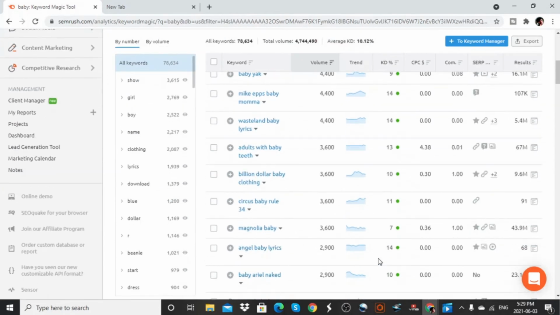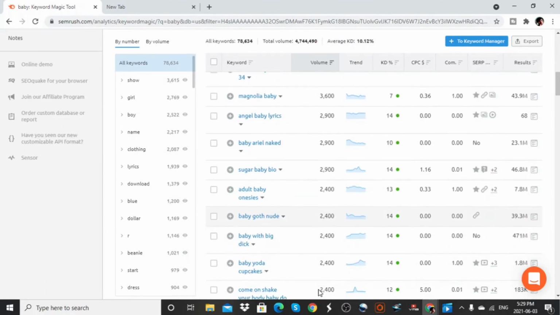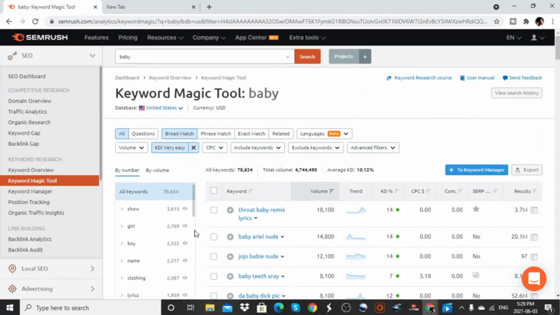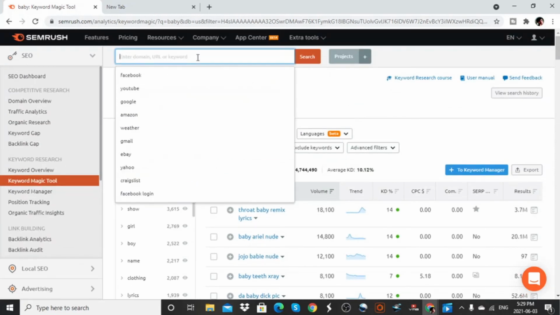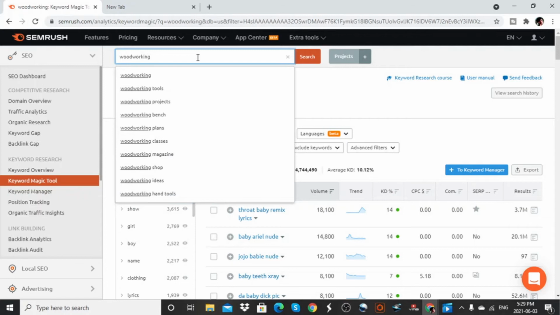So you can scroll around and see which keywords will work for your business, and this doesn't work for only this niche, but can work for a variety of niches. So let's say we had a website about woodworking, and we were selling woodworking products. So we'll go ahead and type in here woodworking,